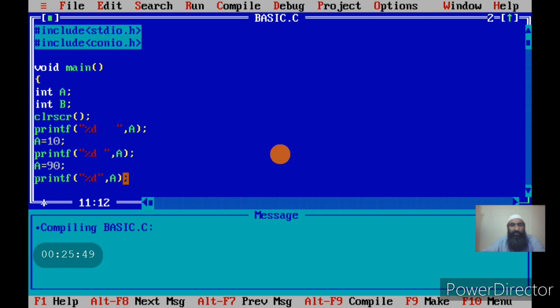As I have defined in the previous lectures, what is a variable? A variable is a memory location that modifies during the runtime. Now you will see that as we go on with these statements, the value of A is changing. Initially it was junk, then it became 10, we assigned a new value, then we changed the value of A again. It's a single hardware location, but in the same location you are writing different values. So A is changing with time.